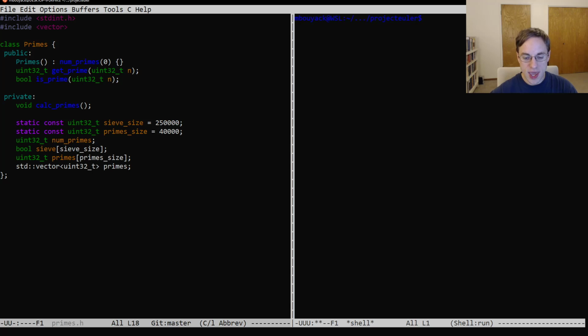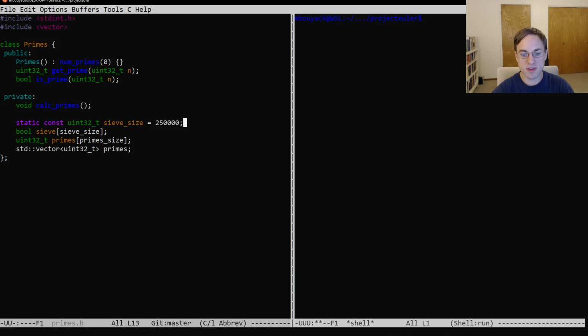There's also a member of primes that allows us to get the current size. And so we don't have to track that ourselves. We can get rid of this num primes. We don't have to have this prime size anymore to indicate the size of our primes list. We don't have to initialize num primes up here. And now going over to our implementation,